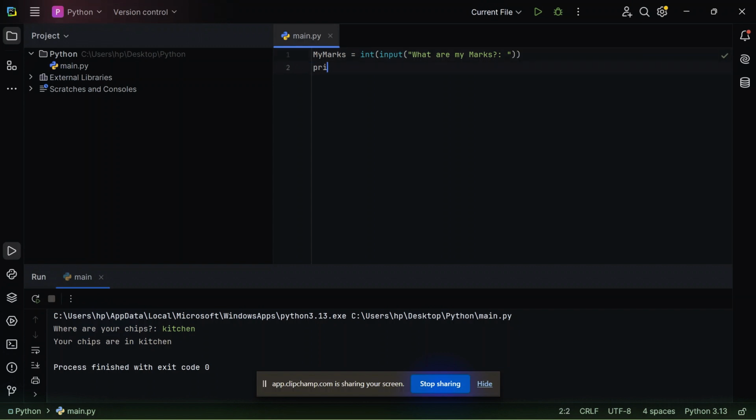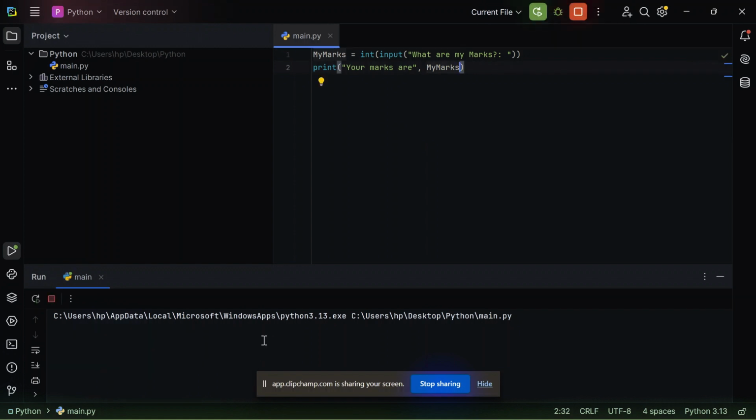Then the teacher says your marks are, and then we call out the variable which is my marks. I type 99999. Then the teacher says your marks are this.